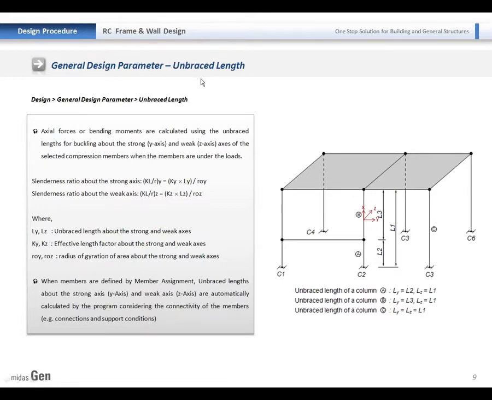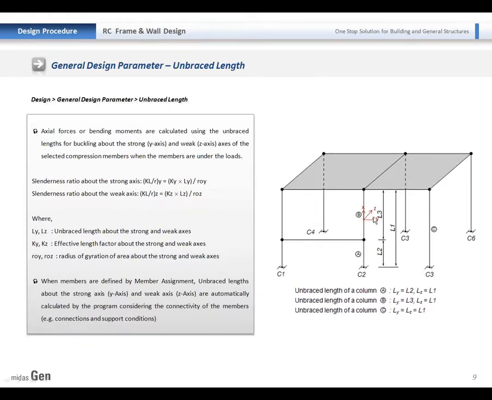And braced length can be considered as well. This braced length will be used for the slenderness ratio with the effective length factor that I mentioned earlier. For this shape of the structure, the braced length of this column for the major axis and minor axis would be different.